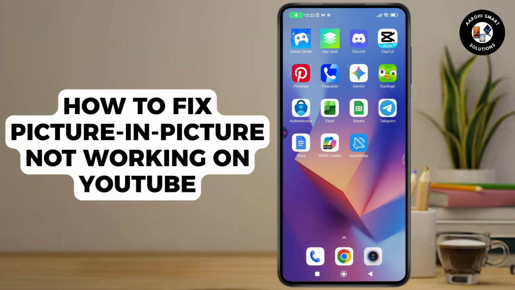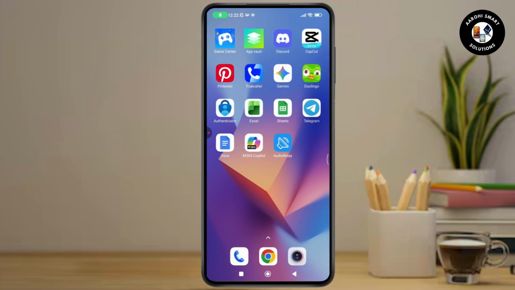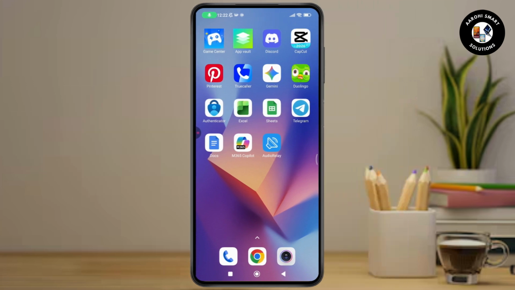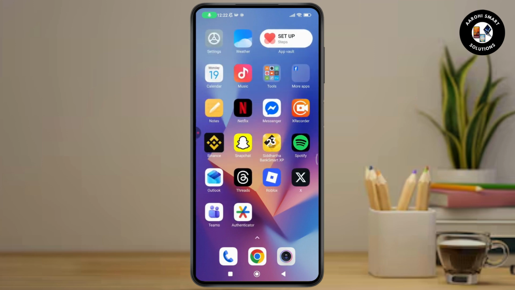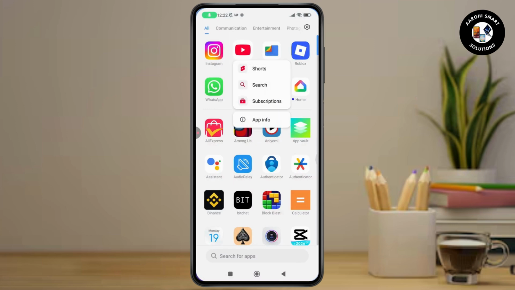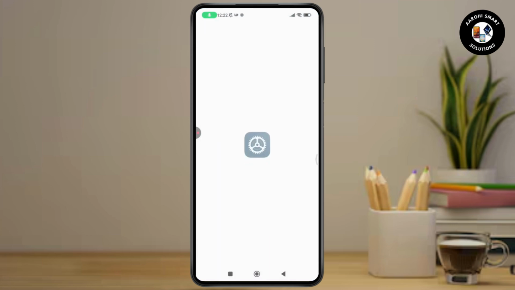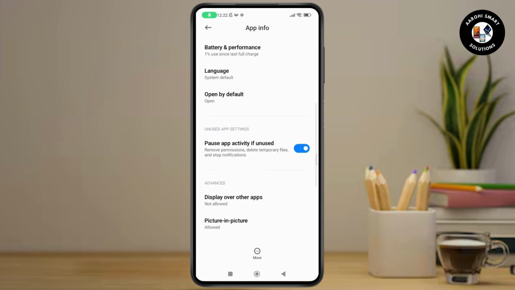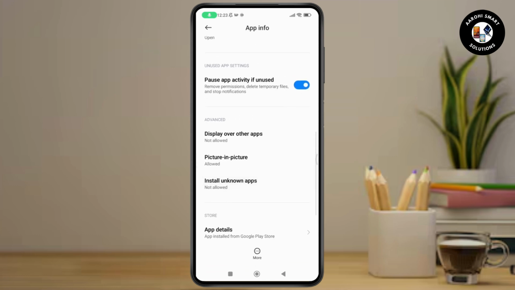How to fix picture-in-picture not working on YouTube. So if you want to fix picture-in-picture not working in your YouTube, then what you need to do is first search for your YouTube, tap and hold on to your YouTube application, go with the app info. Once you're on your app info, you need to just simply scroll down and you'll find an option of